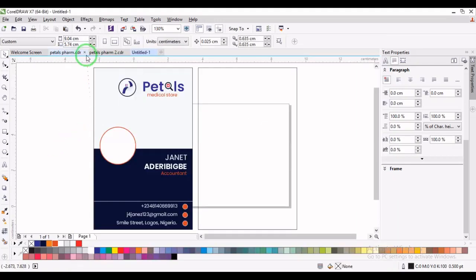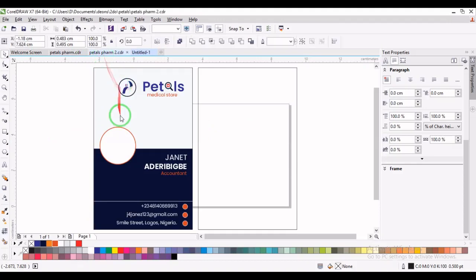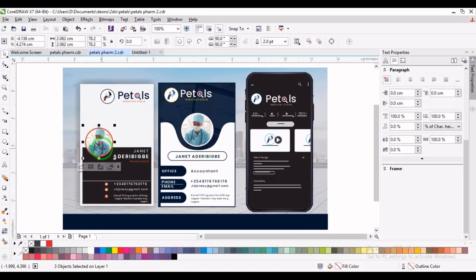Alright, to just avoid that stress, let me quickly copy the image from here because that will take a lot of time to fix. So